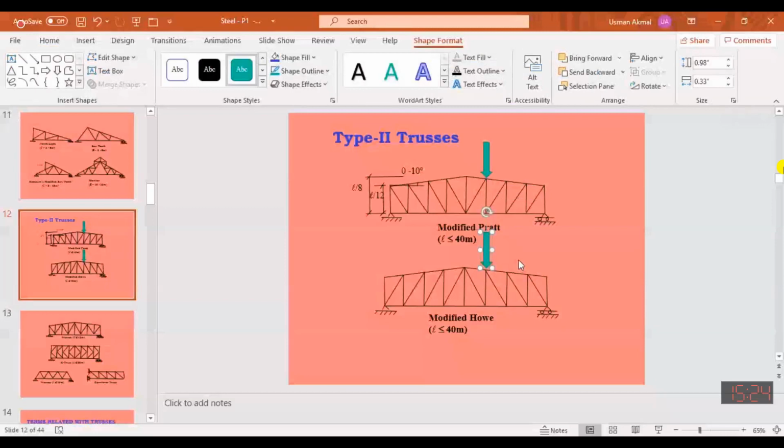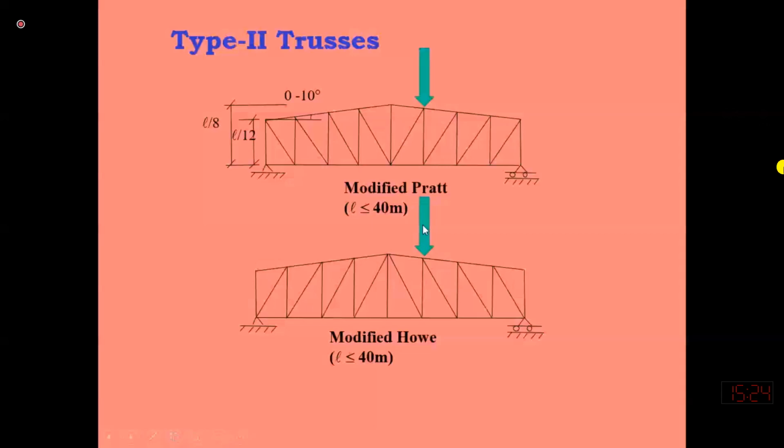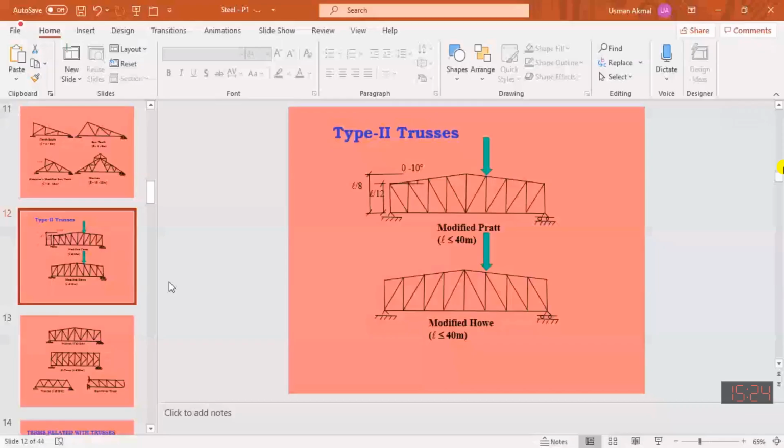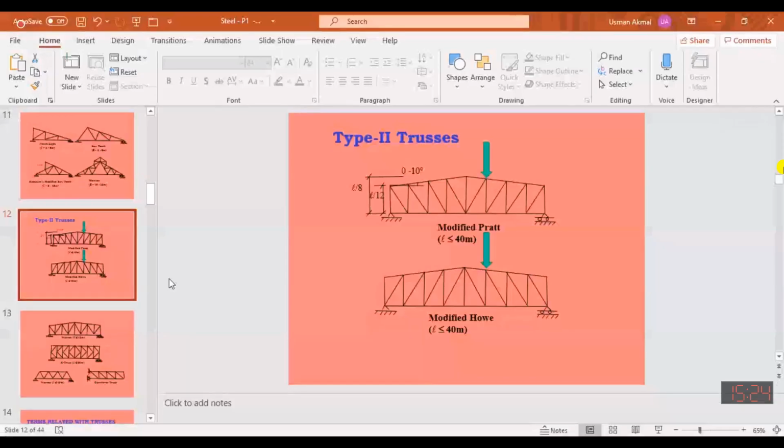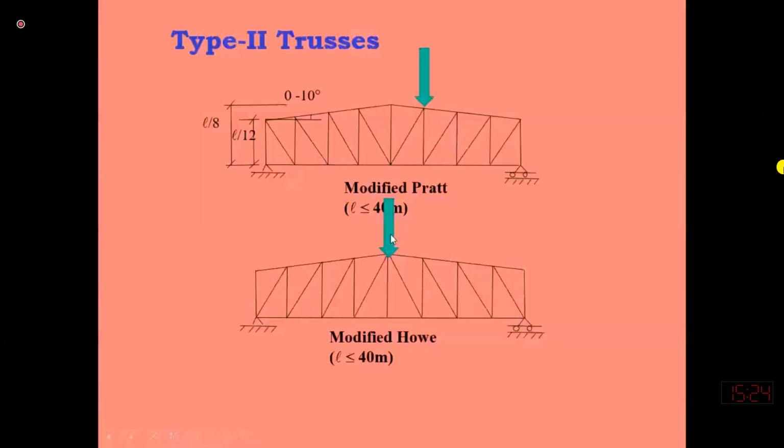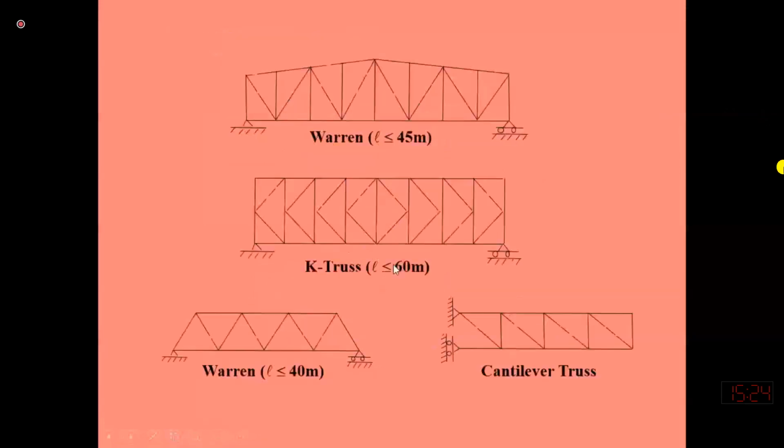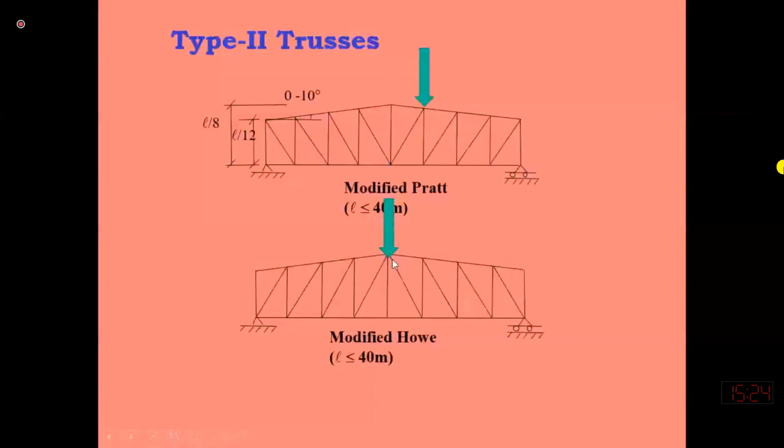If the load is acting over here, let's suppose at this point, you will see that this load is trying to compress this diagonal member. But when the bottom chord is sagging, it will tend to elongate this vertical member. So all vertical members will be in tension, and all the diagonal members will be,